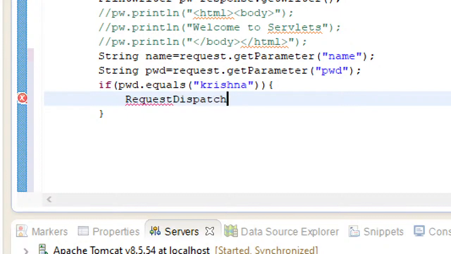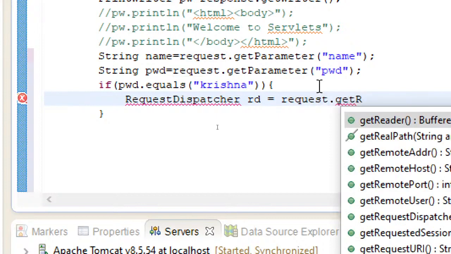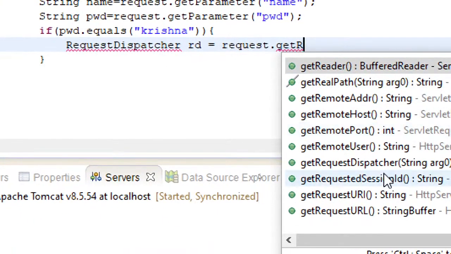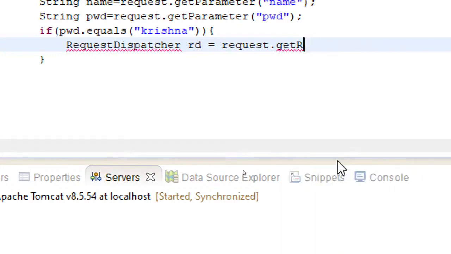As the name itself makes you understand, it's the one which will be dispatching the request to any other resources. So this implementation example was not given in that PBL app also. That's why I wanted to show this. So request dot, so you can find getRequestDispatcher. Yeah, here you can see getRequestDispatcher. So here what you do is you will be giving